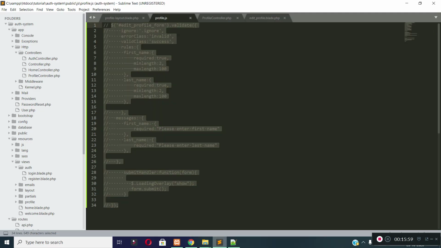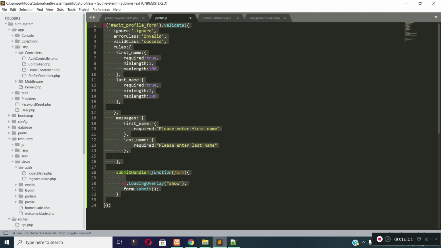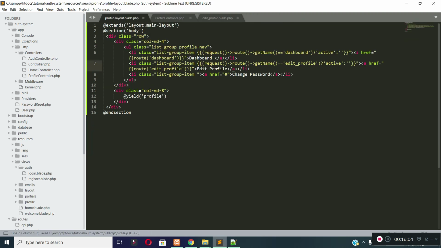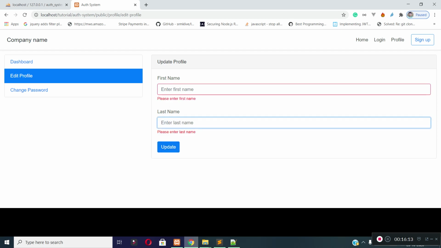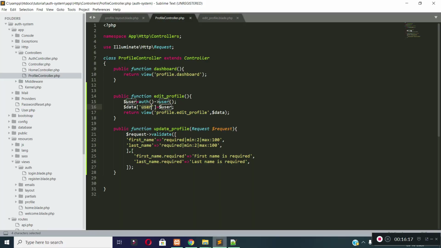Now let's enable our client side validations. And let's check whether the validations are working or not. You can see validations are working. Now let's update the user's record. We can update currently logged in user data in this way.